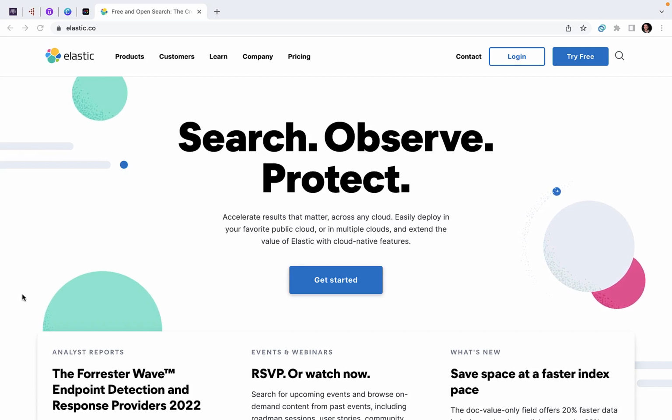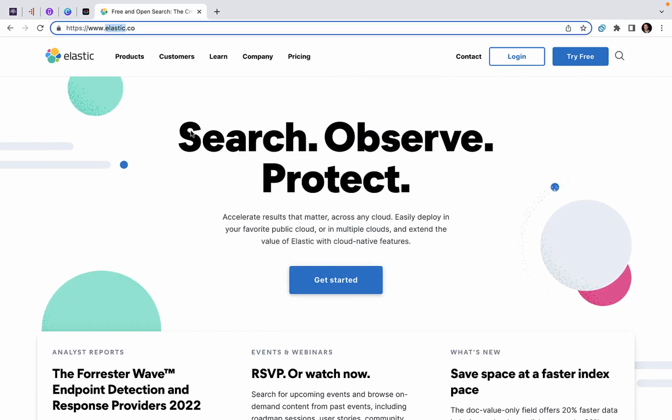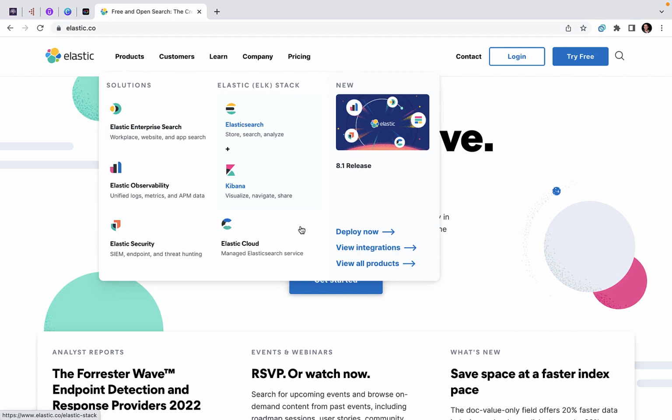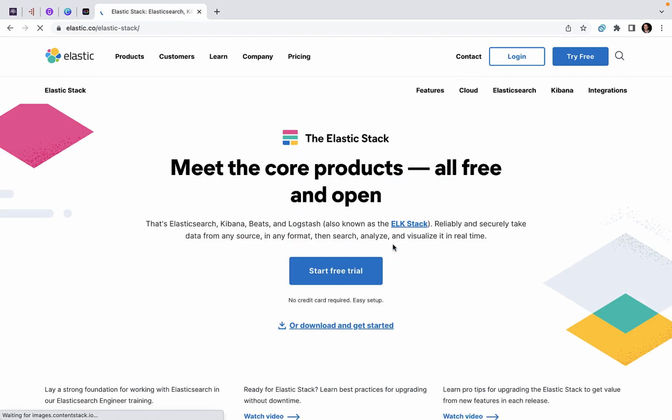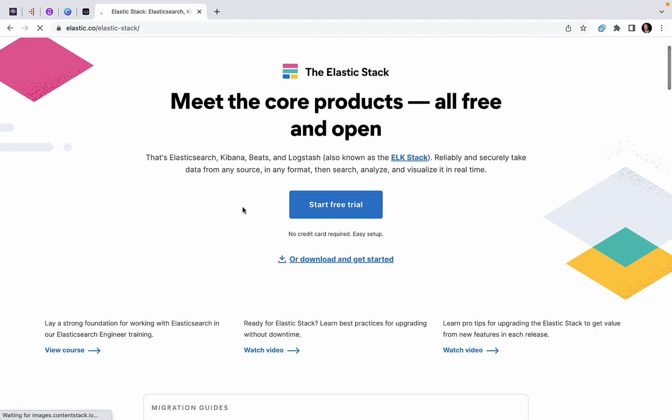Okay, so let's get into installing Elasticsearch and Kibana together. First of all, we need to visit elastic.co and under the products menu, you can select Elasticsearch. So the 8.1 release, or generally the version 8, is a little bit different in terms of installation from the